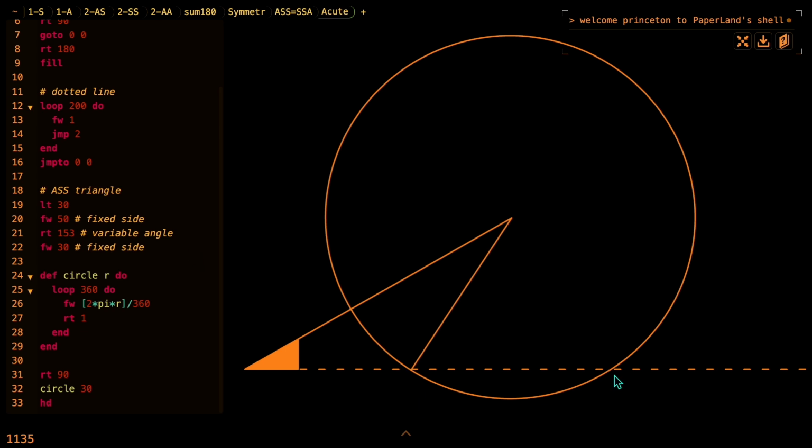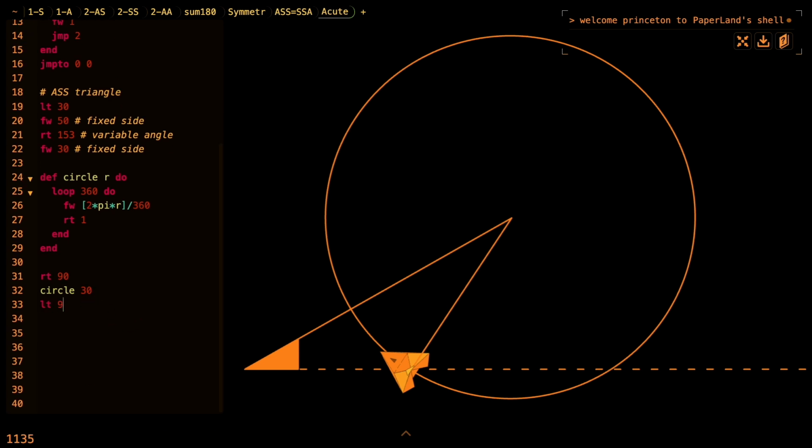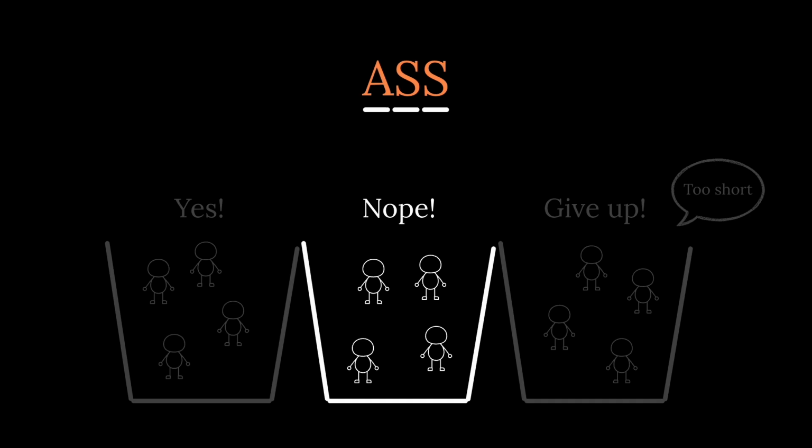But it seems like the circle cuts the dotted line at 2 different points. Does that mean that we can form another triangle at that point? Yes, turns out we can. So the same ASS naming can be used to refer to two different triangles, and we won't know which is which. No wonder this group struck off ASS as a naming format with certainty.